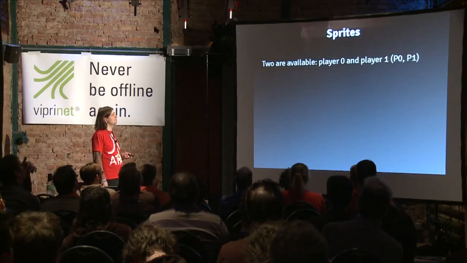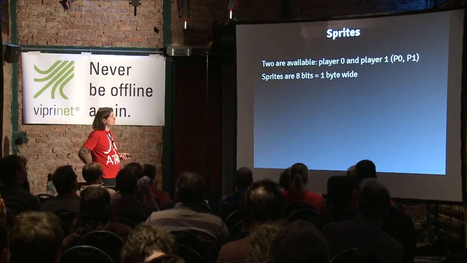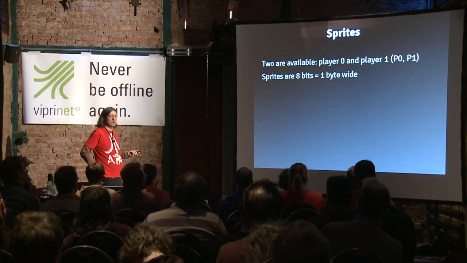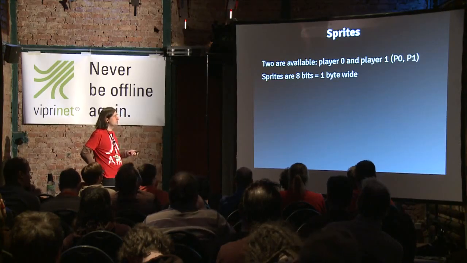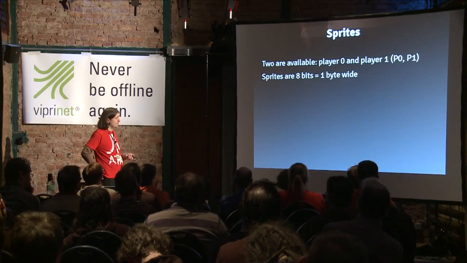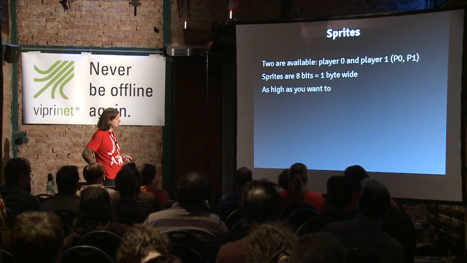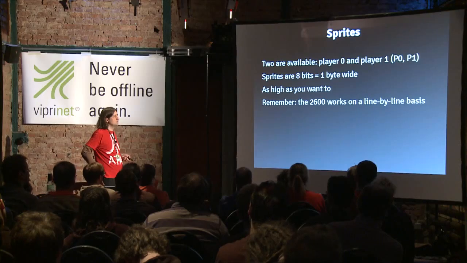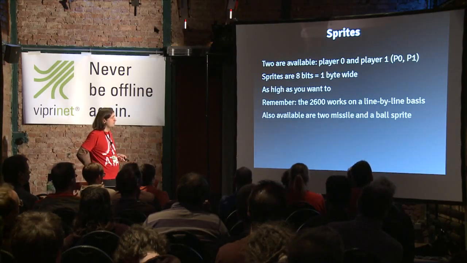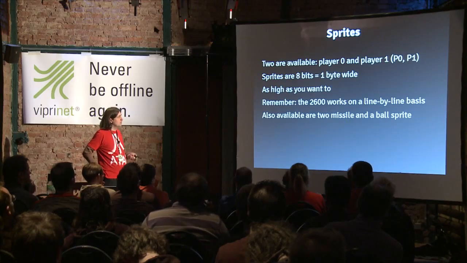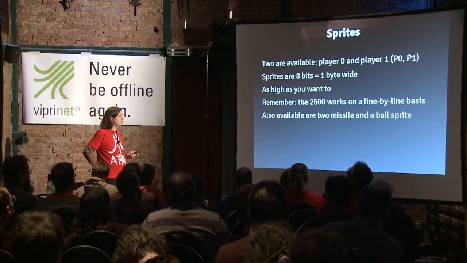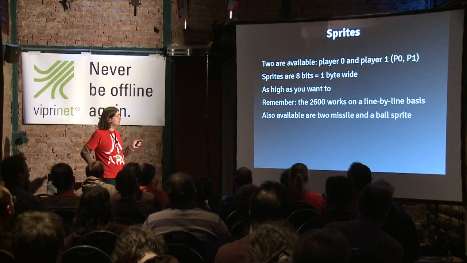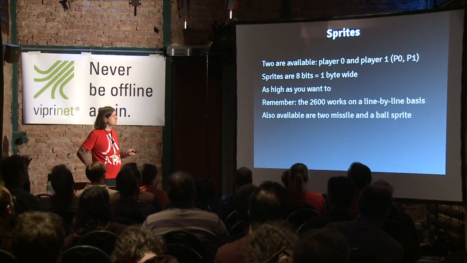So let's go back again to the sprites. Sprites, as I told earlier, can be 8 bits in width. So this is 1 byte. It was chosen this way because of the 8-bit architecture of the CPU. Again, it can be as high as you want, and it works on a line-by-line basis. The 2 available missile and ball sprites can be used to cover stuff up and things like this, but they are not really of interest to us at this point,